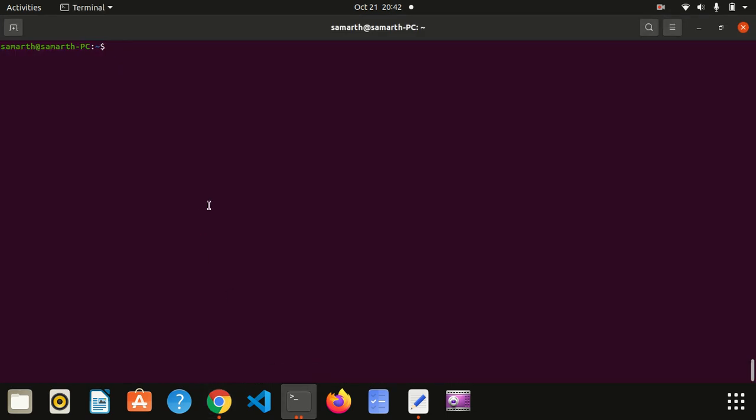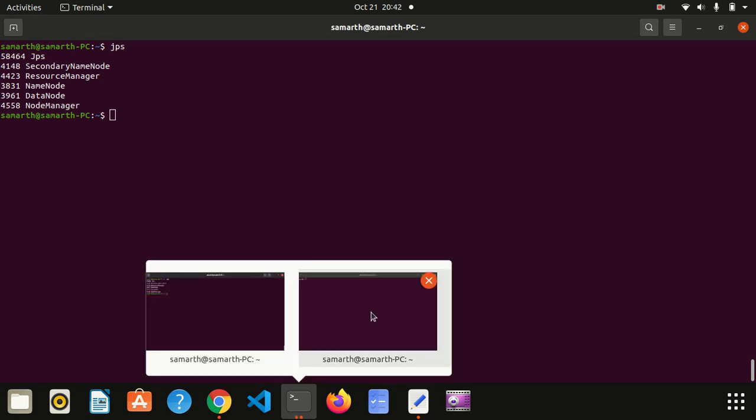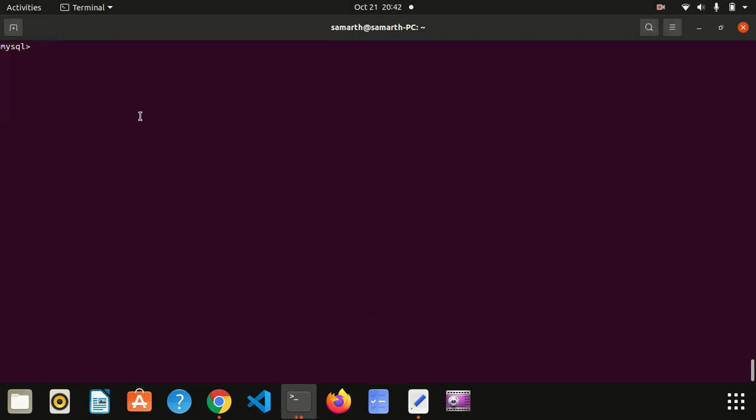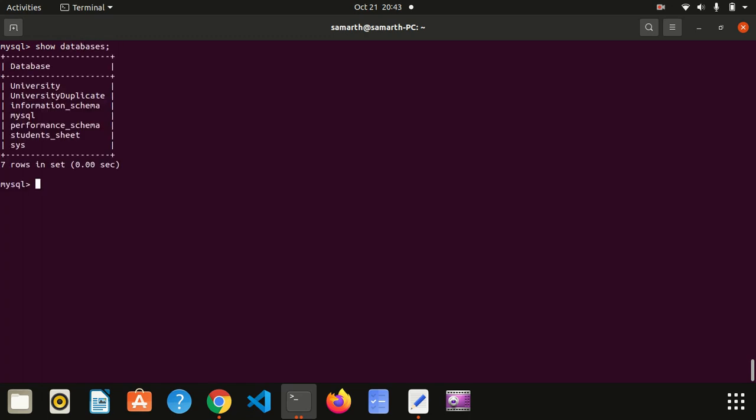Here I have two terminals. On the first terminal I'm running all my daemons, so you can see Hadoop is running in the background, and on another terminal I have MySQL. Show databases. These are the databases present, and from the university database I'll be importing a table.